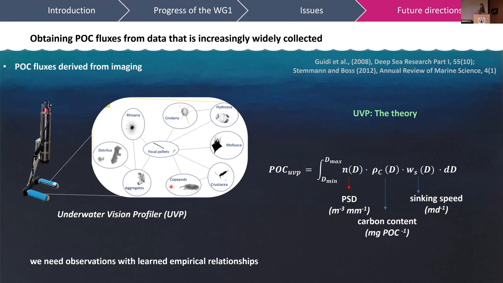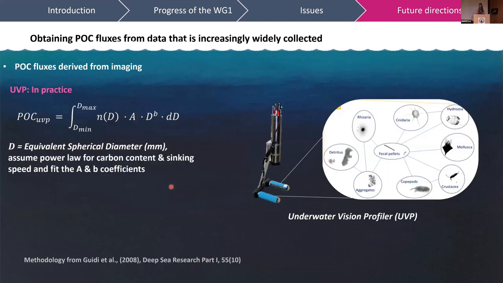However, sinking speed and carbon content are still challenging to obtain from UVP data, and thus, in practice, Guidi et al. proposed an estimation of the POC fluxes from size, assuming a power law for carbon content and sinking speed. I will not dig too much in this way because I guess Lionel will present some part of this work later. But quickly,